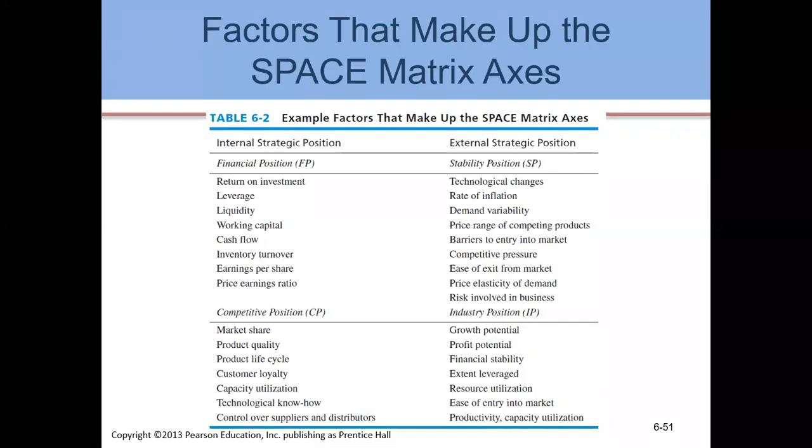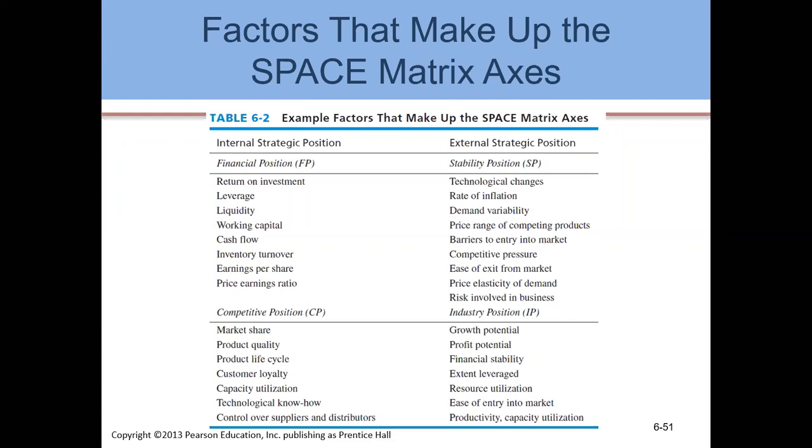Okay. So what we would do is that these are the variables supposedly we have picked, and I'm going to tell you how do you calculate the average values of financial position. Now supposedly you have got the numbers with you after internal audit, and look at the financial position factors: return on investment, leverage, liquidity, working capital, cash flows, and you assign values to these factors out of the range which is +1 worst and +7 best.